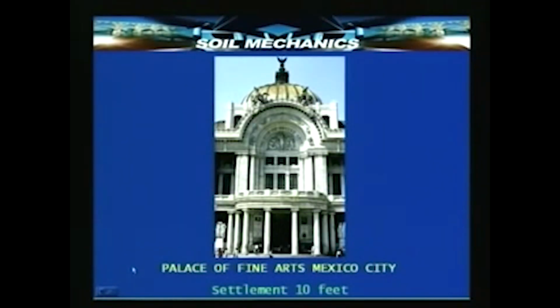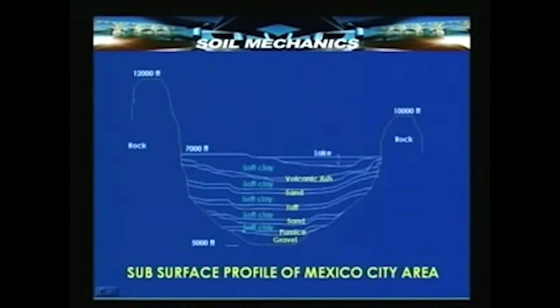The reason for this enormous settlement is the subsurface profile. The entire Mexico City is located in lacustrine deposits consisting of alternating layers of soft clay with igneous matter such as volcanic ash, some sand, some tuff, pumice, and some gravel. These alternating layers of soft clay interspersed with other igneous matter, formed under a lake, have given rise to the compressibility, owing to which buildings in the Mexico City area settled by as